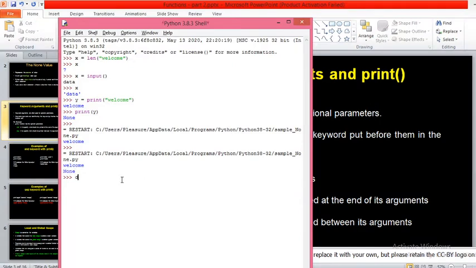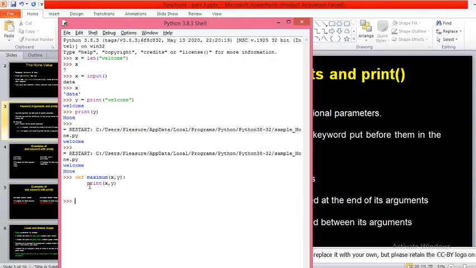I'll define a function here, for example maximum x comma y, then just write return and take print of x comma y. It is just a simple function, maximum of x comma y.